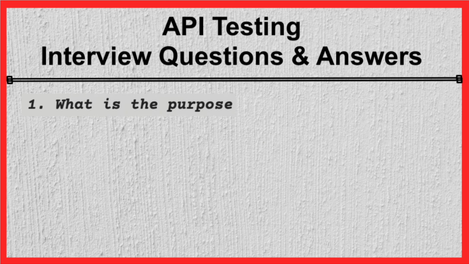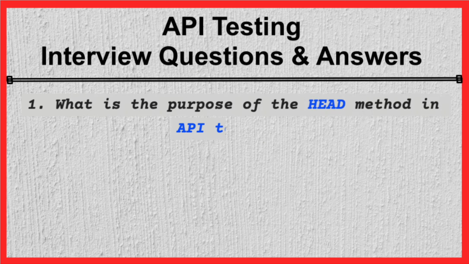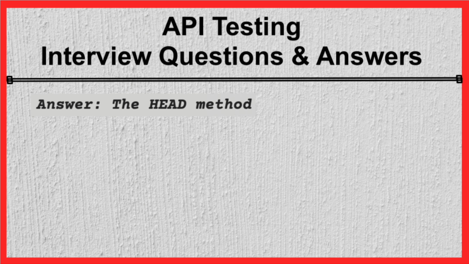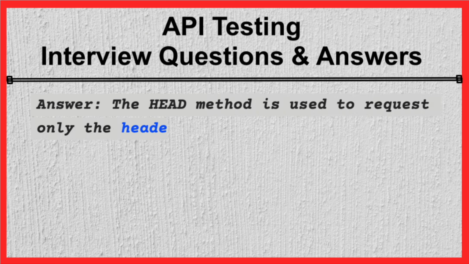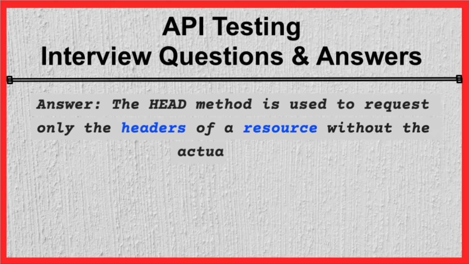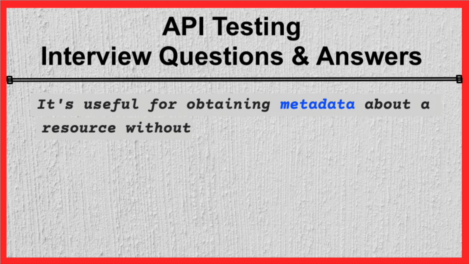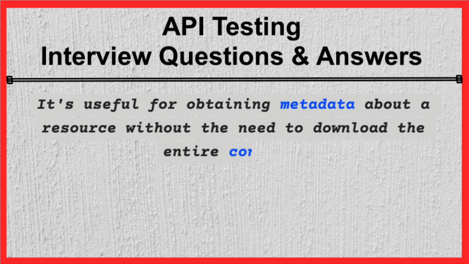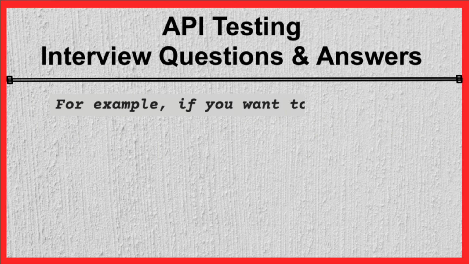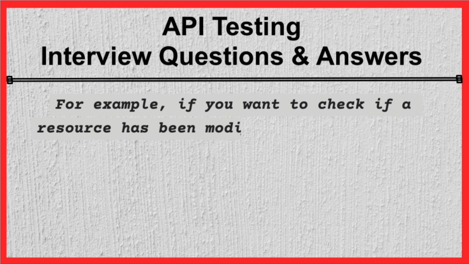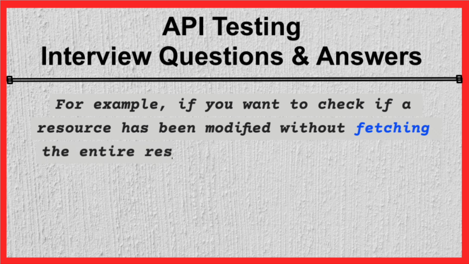1. What is the purpose of the HEAD method in API testing? Answer. The HEAD method is used to request only the headers of a resource without the actual data. It's useful for obtaining metadata about a resource without the need to download the entire content. For example, if you want to check if a resource has been modified without fetching the entire response, you can